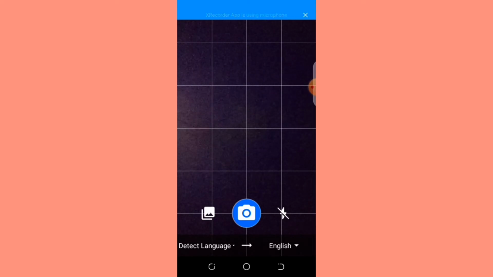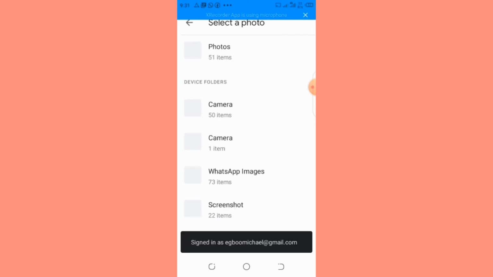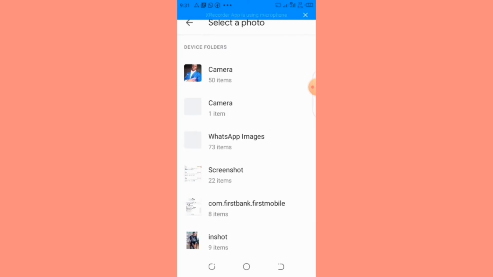So for us to translate the screenshot we've taken from 1688, you tap at your left hand side, you see this block and L shape. Just tap on it, it will take you to your gallery. Yes, my gallery is loading now. Okay, this is the screenshot.